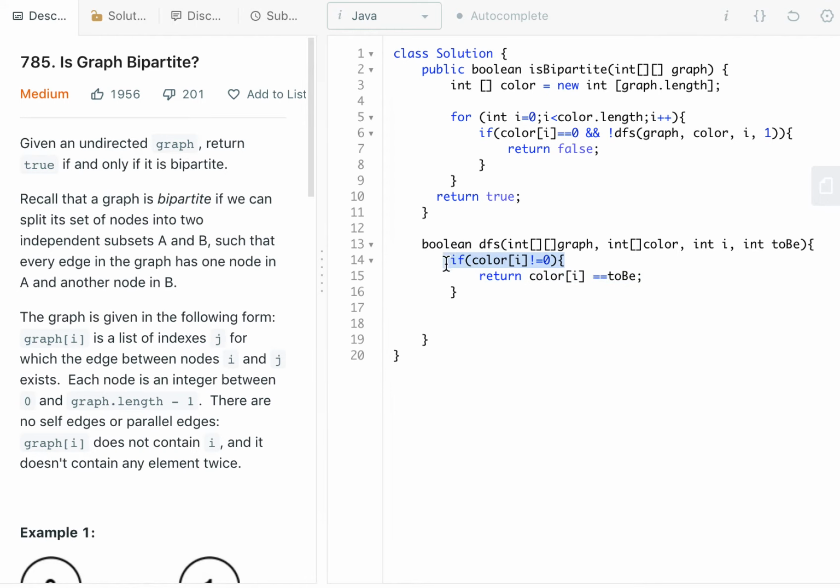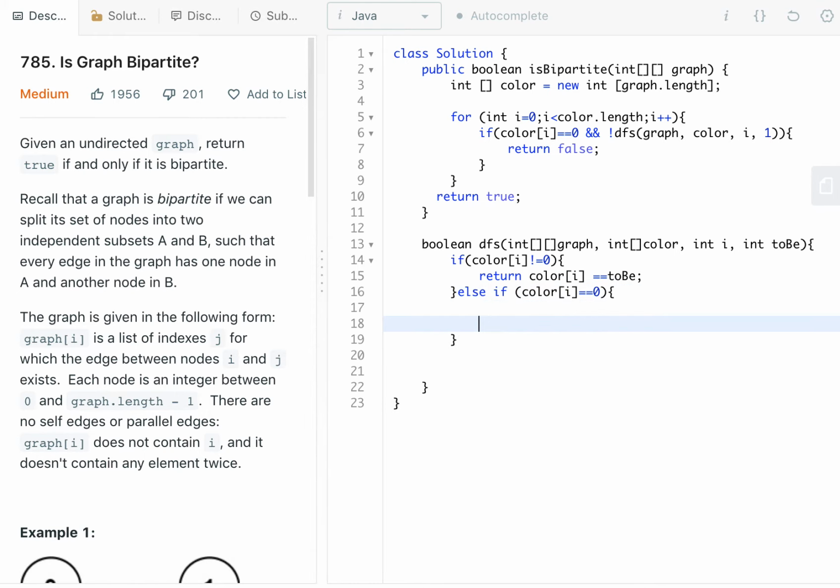So if it's not 0, it's supposed to be 1, which is what we have here. So that's that. Else if our color i is 0,